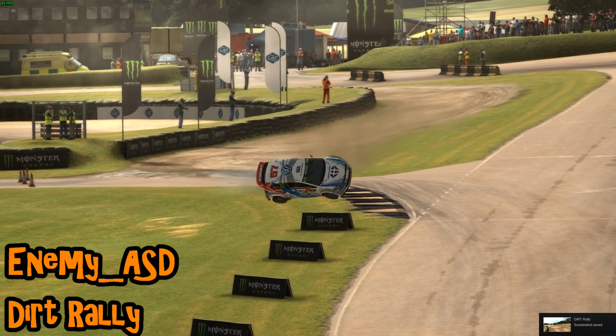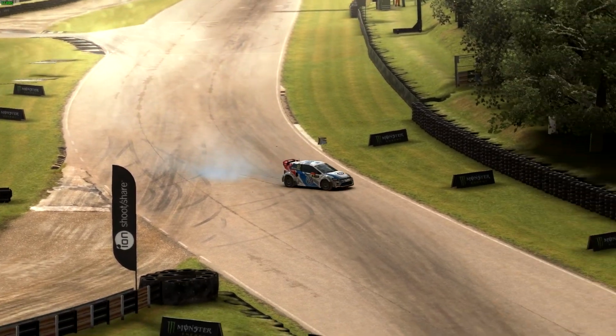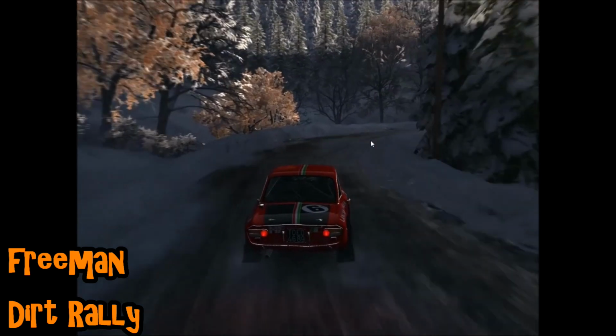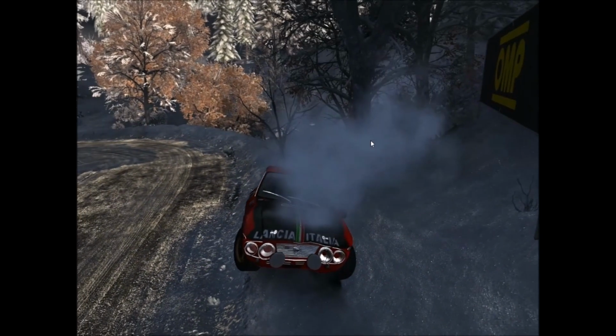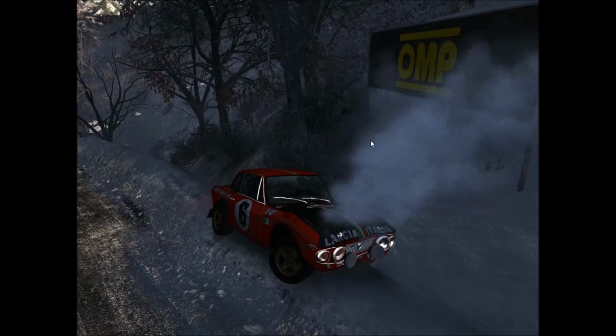Enemy ASD on Dirt Rally going for a big roll at the Linden Hills circuit. Yeah, it's very, very easy to get things wrong on that curb. And Freeman on Dirt Rally also has some issues this time with a Lancia Fulvia. Just running a little bit too wide at Monte Carlo, and the front-wheel drive Lancia is well and truly stuck